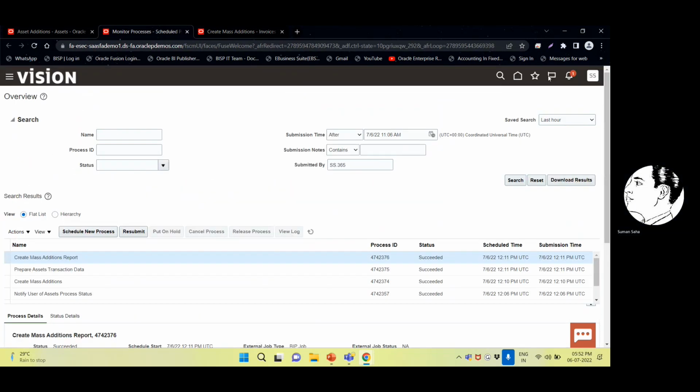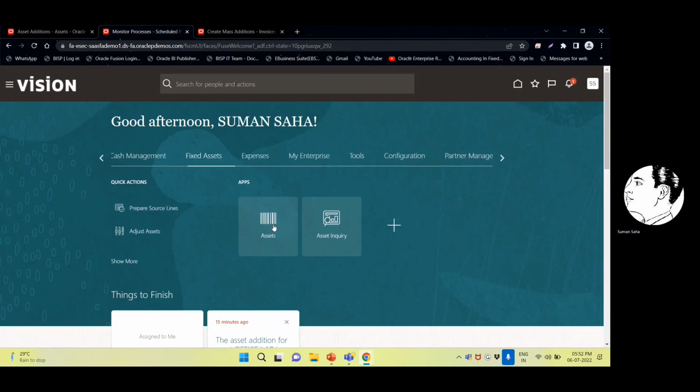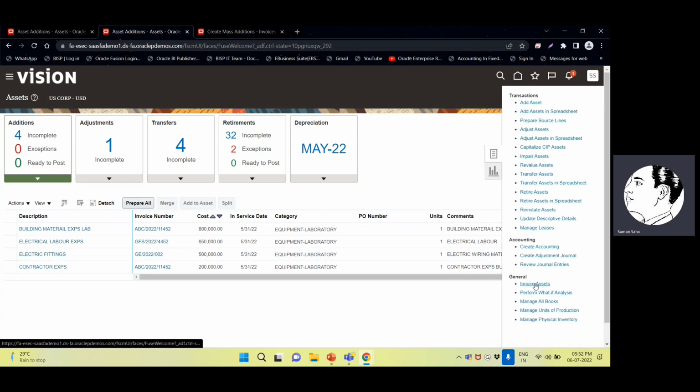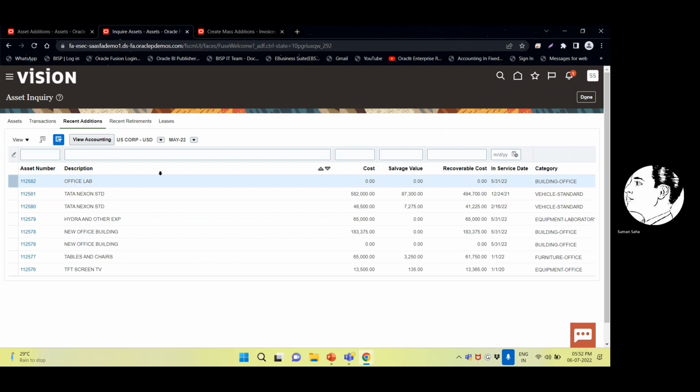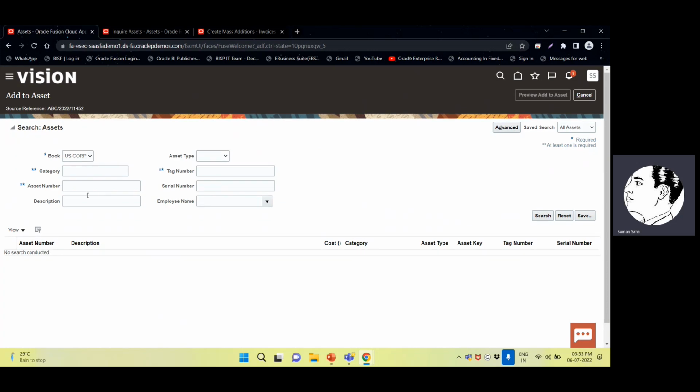navigate again to the CIP asset. From here, through tasks, I will inquire the asset. I will add the asset. Since the cost is 0, I will add all the details of this to that particular asset. So I will select first building material and add to the asset, and select the asset number 112582